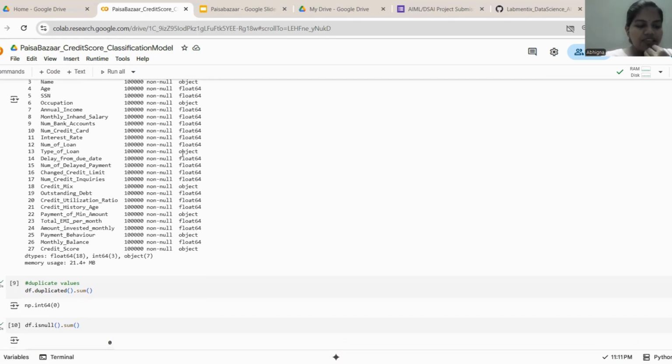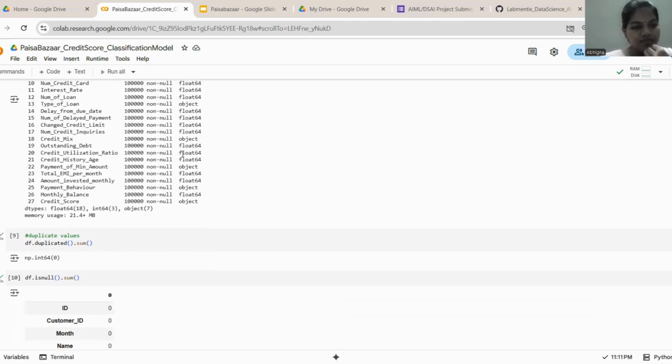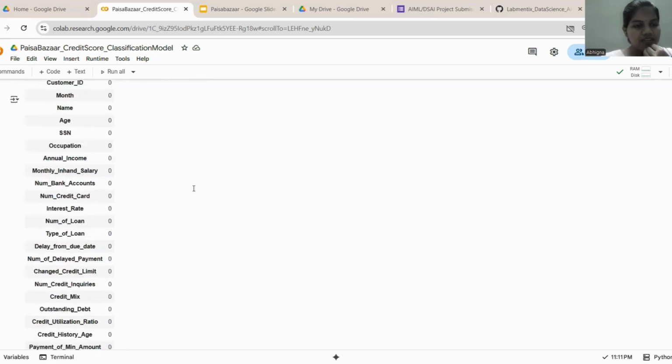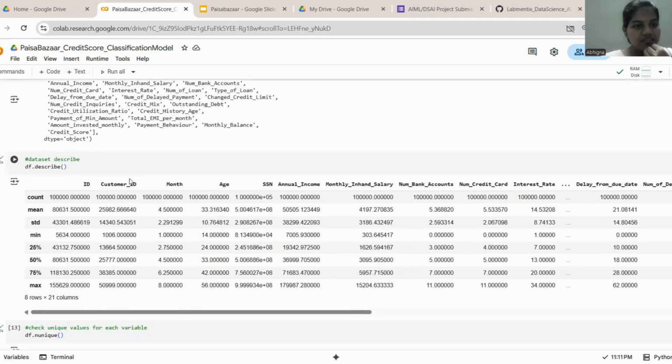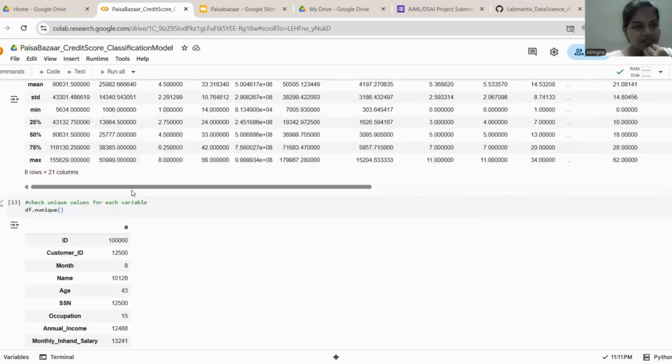Our target variable is credit score, which includes three categories such as poor, standard, and good. Initial checks reveal some missing values and imbalances in target classes, which we addressed in the pre-processing stage of this dataset, like taking the columns describing